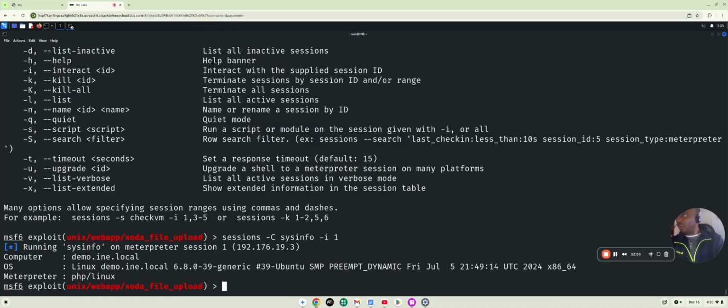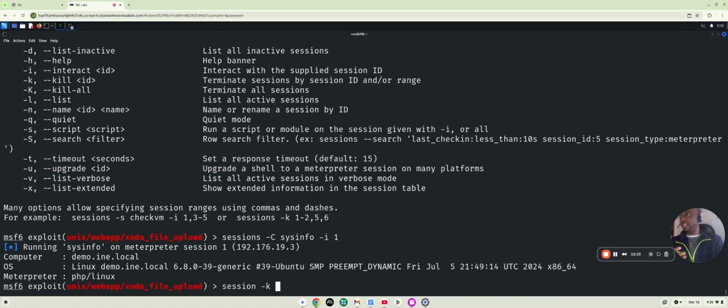Now, if I want to kill a specific session without killing all my active sessions, let's say that I had, let's say, three different sessions of Meterpreter going here, right? So I could say something like sessions dash lowercase k and one. So this would kill my current Meterpreter session, all right? So since we only have one running, okay, this would kill session one, which is the only one I have